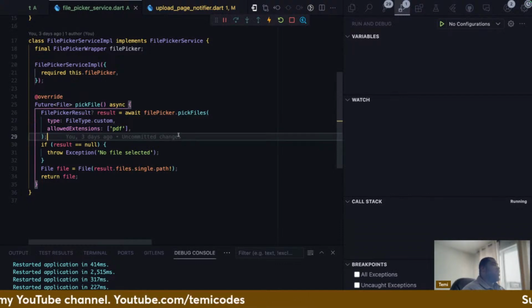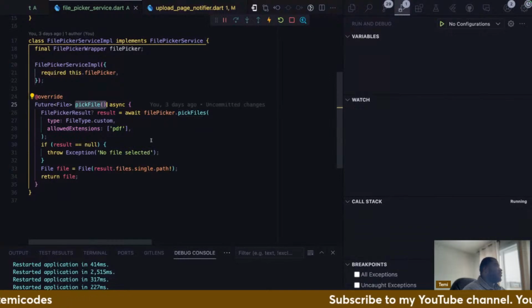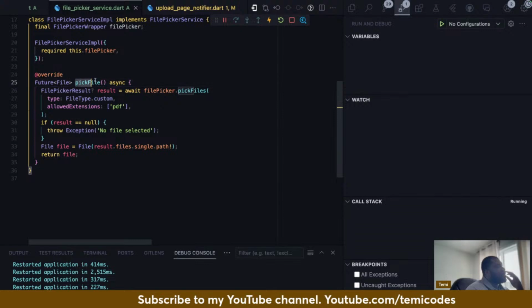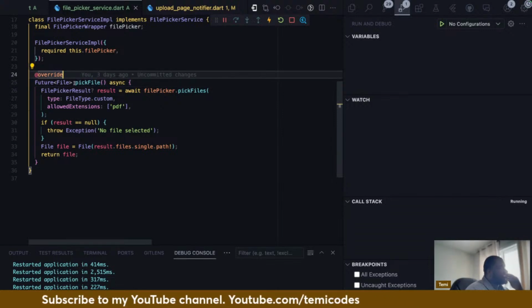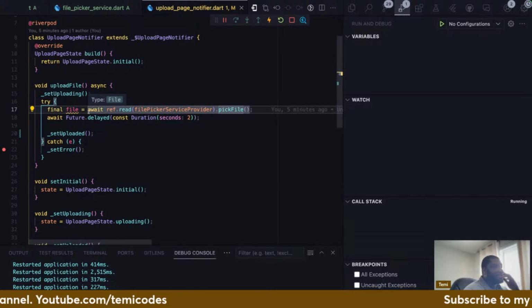Okay, so now unfortunately I can't use this method on the web. I need to figure out a way because this app has to